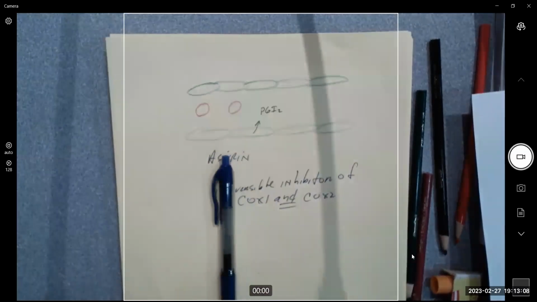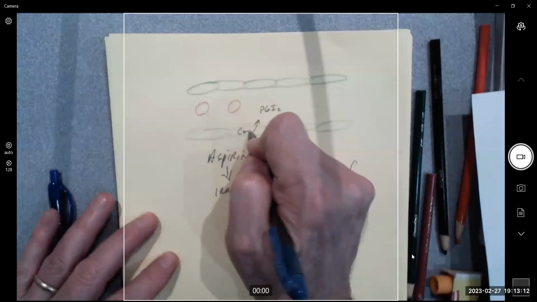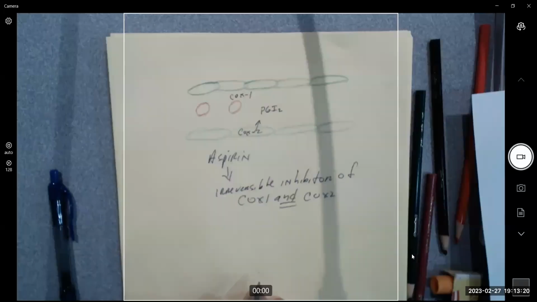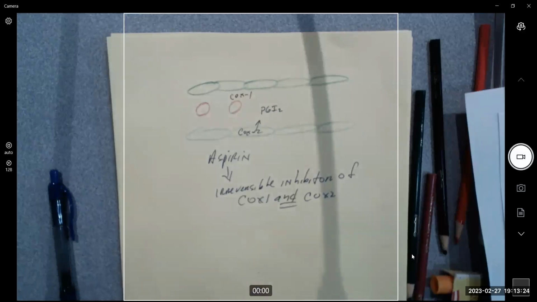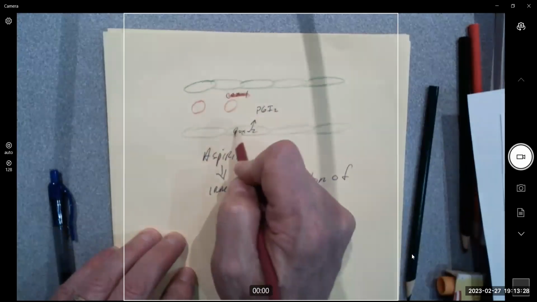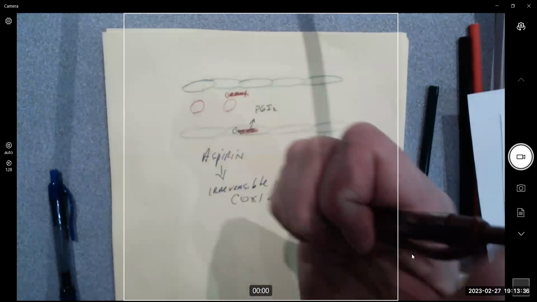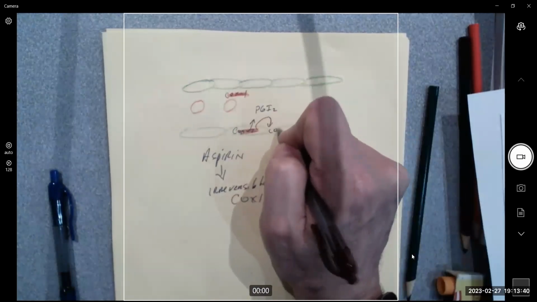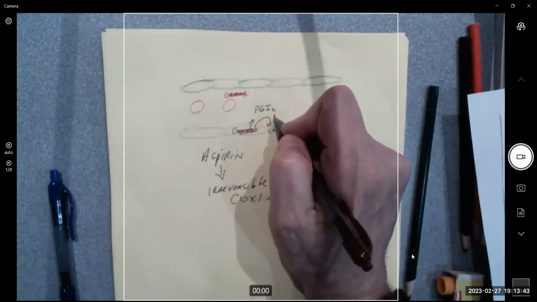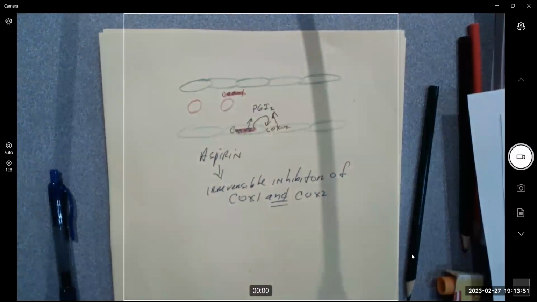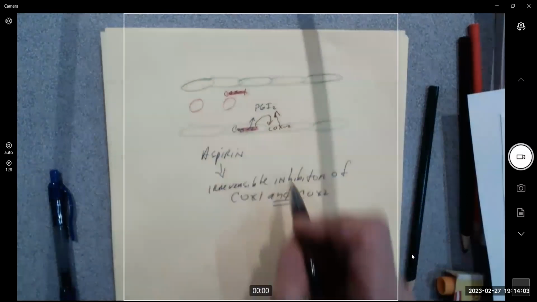So these cells have COX-2. These cells have COX-1. If you take an aspirin, you get rid of both of them, but these cells can remake their COX-2 and they will continue to make prostacyclin. Can these cells remake their COX-1? No. So this is the reason why people at risk for stroke or heart attack are told to take a baby aspirin. If they take a baby aspirin per day, they essentially take the teeter-totter